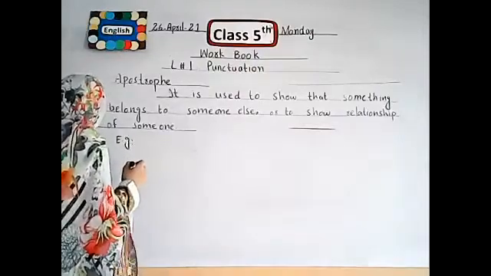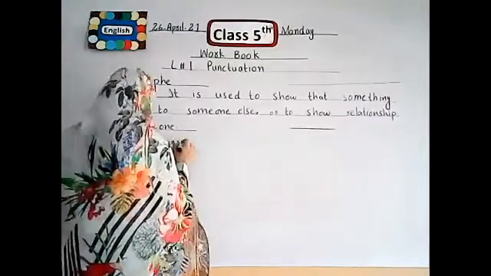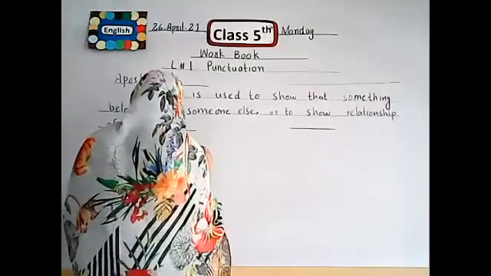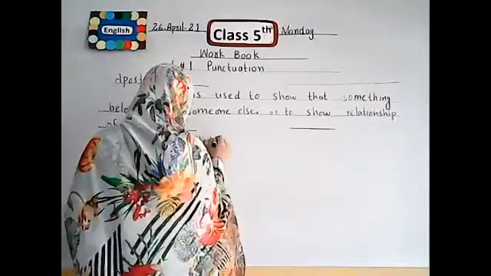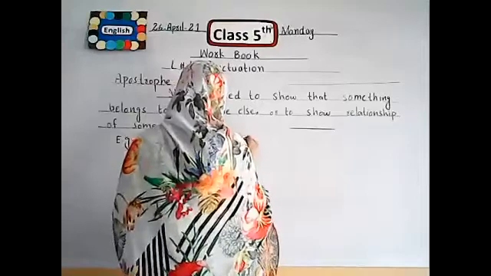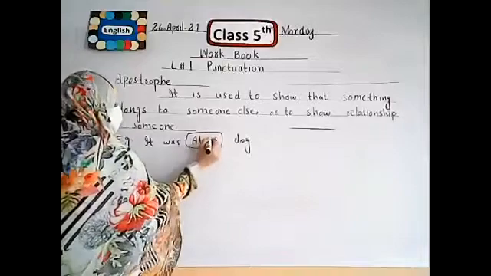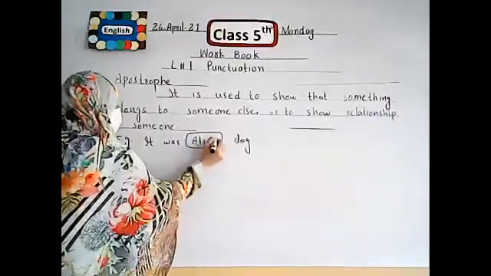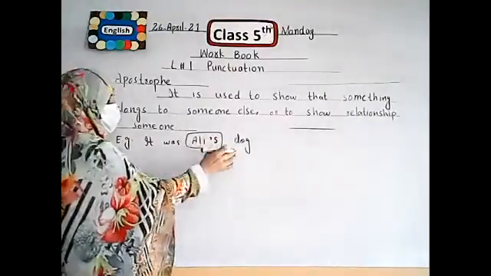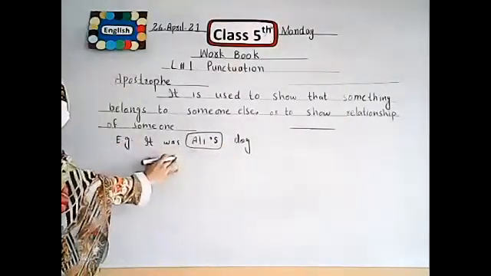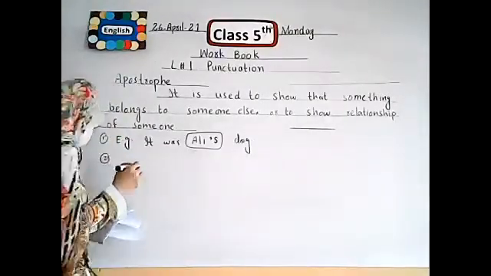First example is, it was Ali's dog. I write the sign of apostrophe and write S to show the relationship between Ali and the dog. It was Ali's dog. This is the first example, and the second example of this,